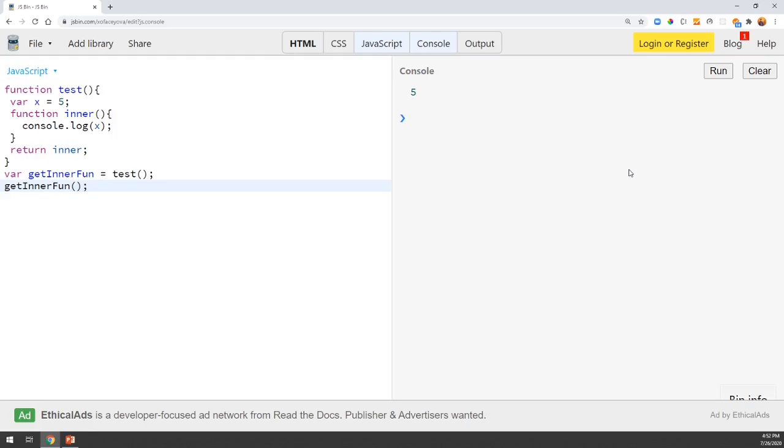So even though we have already finished execution of test on this line, we can still access that x. So here closure plays a role. Now we'll see how we can see that closure in a function.